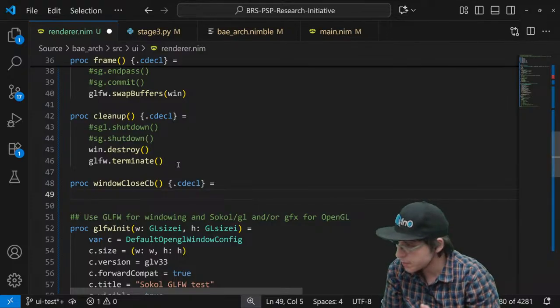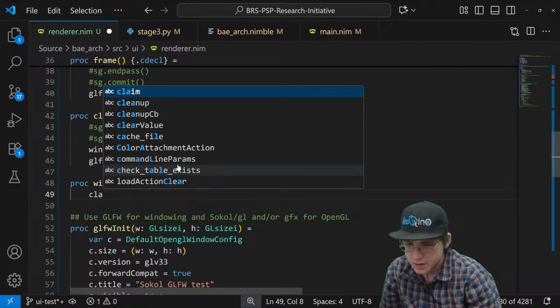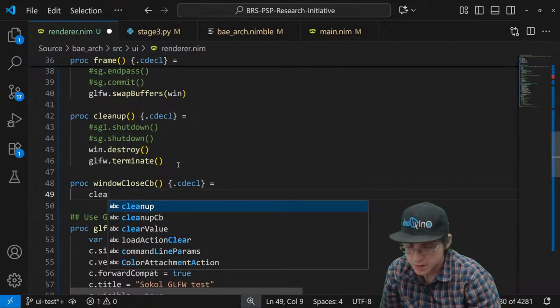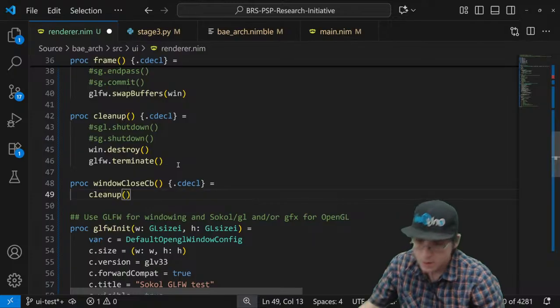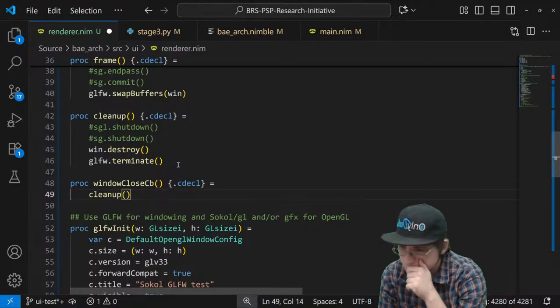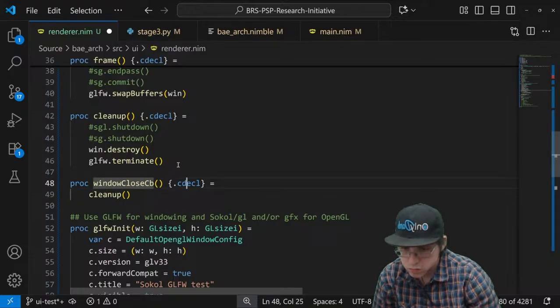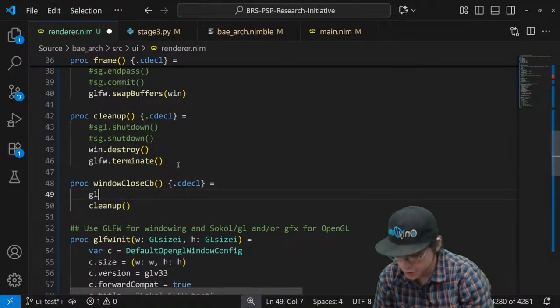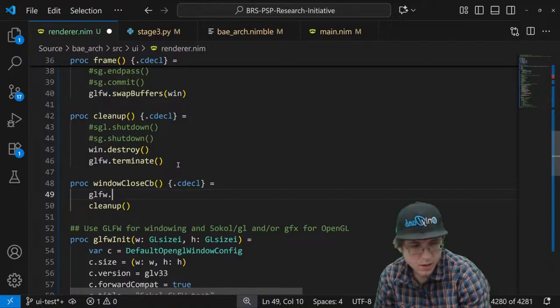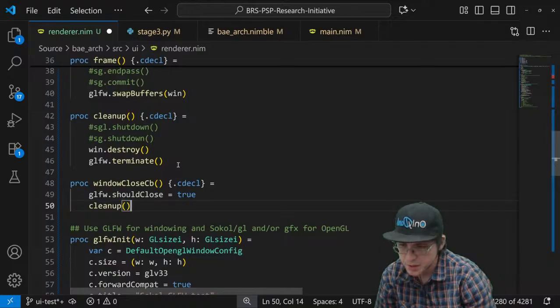Window close callback. Let's go ahead and just do cleanup. Cleanup also set GLFW dot should close equals true cleanup.